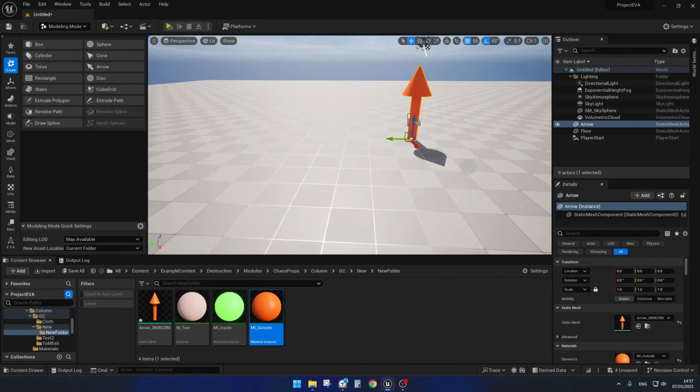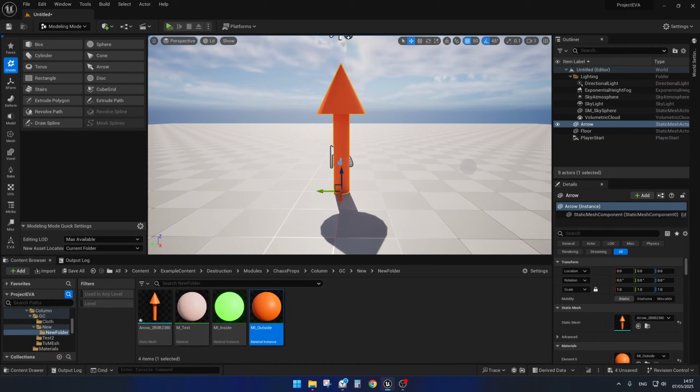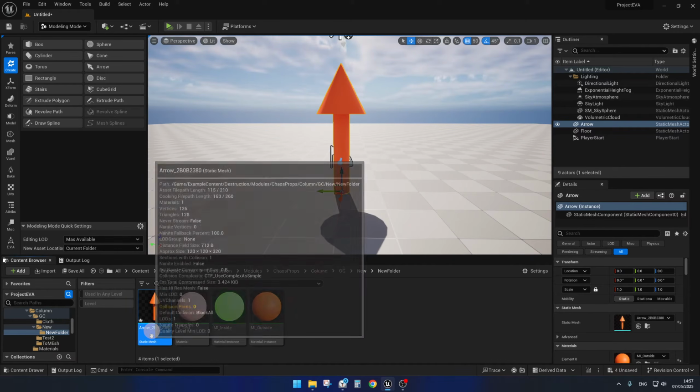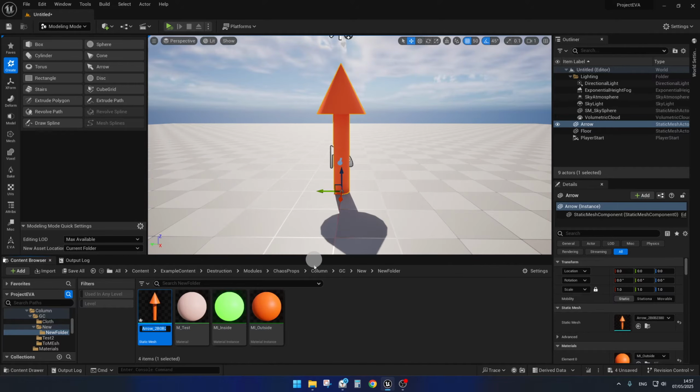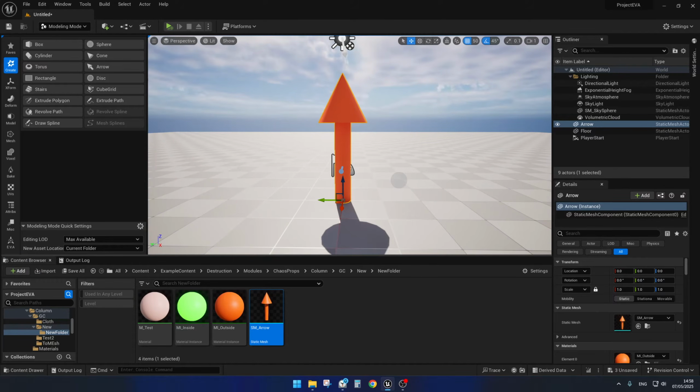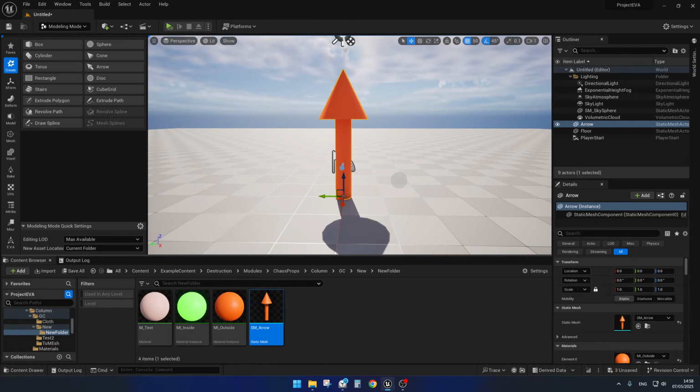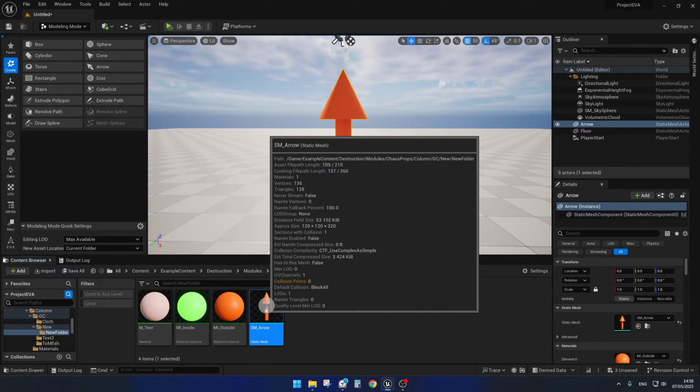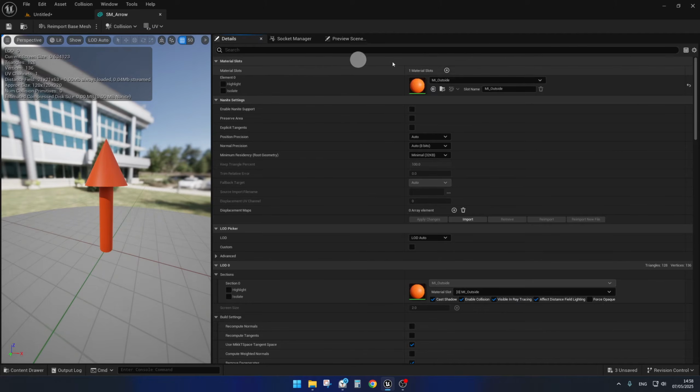It will be important later. Now we have our mesh. We will rename it something like this, and we will first open it and add another material slot,